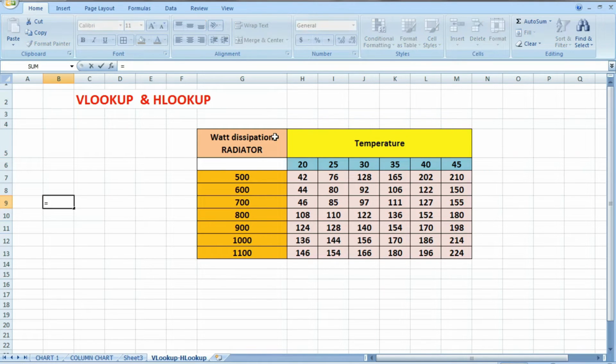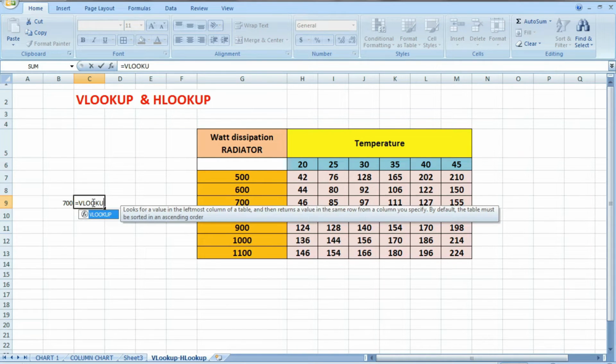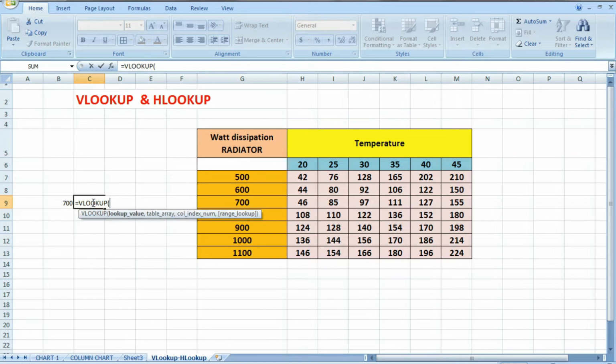Now see, we will use VLOOKUP. Suppose you want to find out the value against 700. So how to use this function? VLOOKUP. Now which value you want to find out? 700, right? From which array?